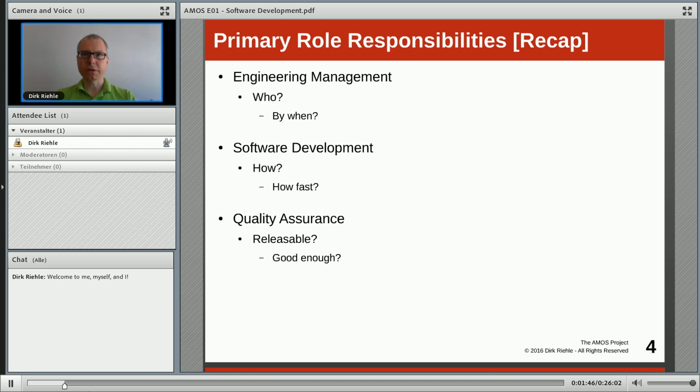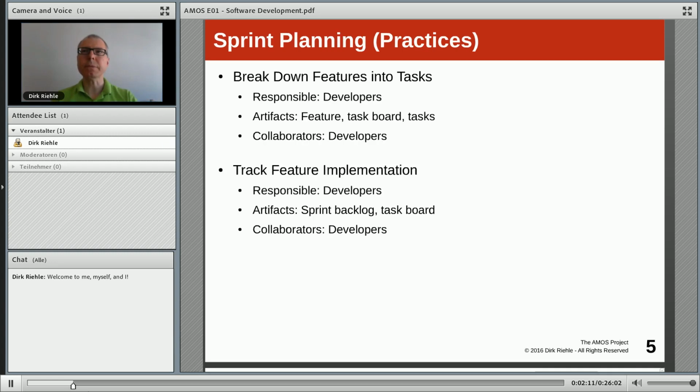So all of these responsibilities that we have defined classically, traditionally, the who gets to do what and ideally by when, how is it done and how quickly can we do it, as well as is it of good enough quality. All of these things have to be answered and handled by the software developer and the software development team.